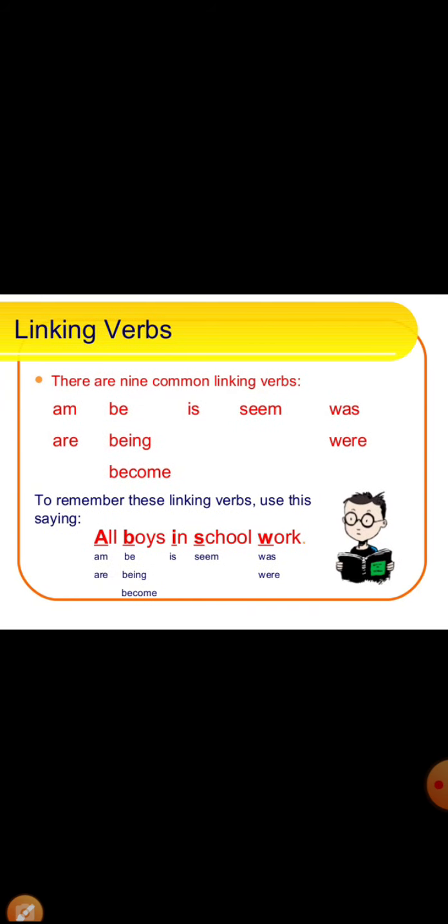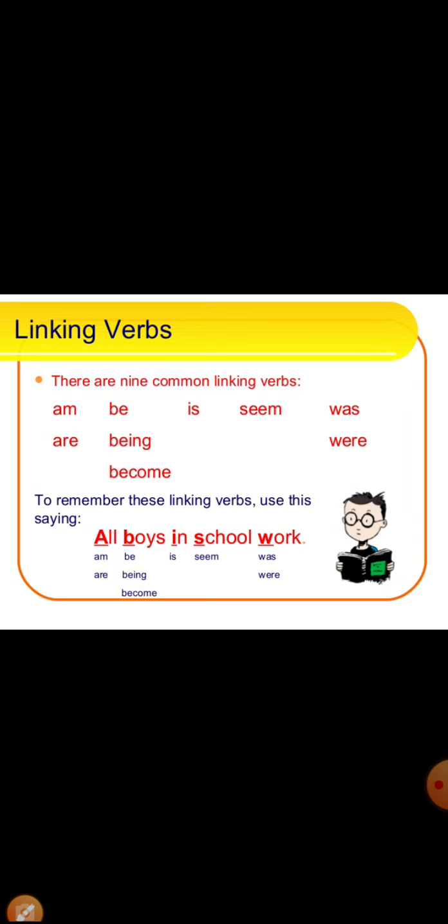Linking verbs. There are 9 linking verbs: am, are, is, was, were, be, being, become, and seem. You can remember these linking verbs by saying "all boys in school work." Take the first letter from each word and you can remember the linking verbs. Like A will become am and are, B will become be, being, become,